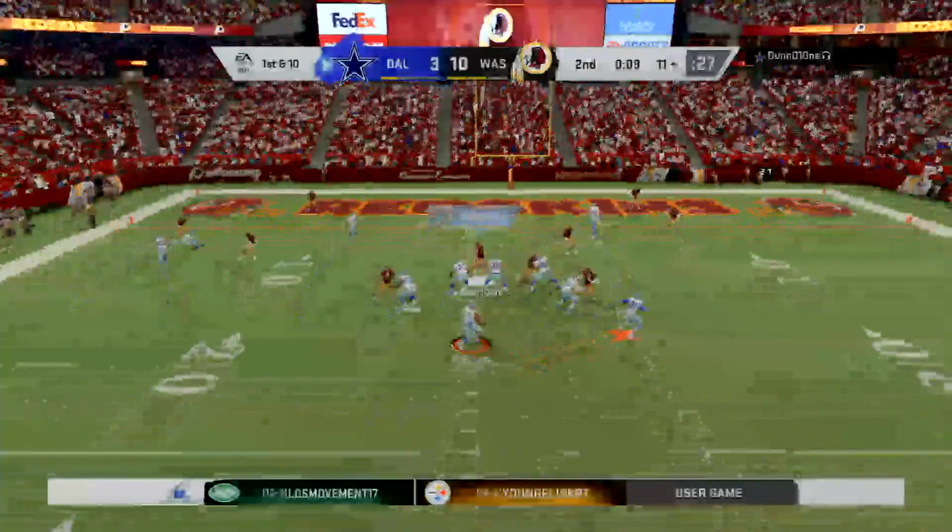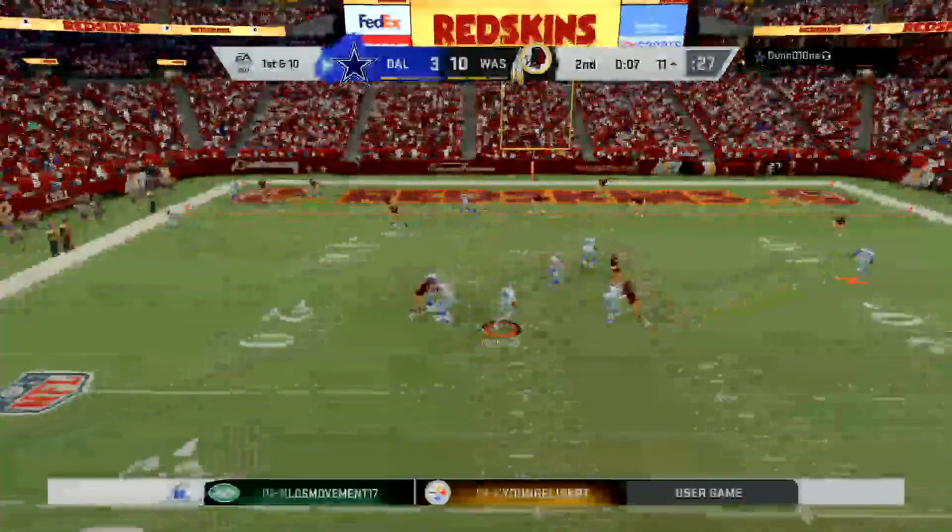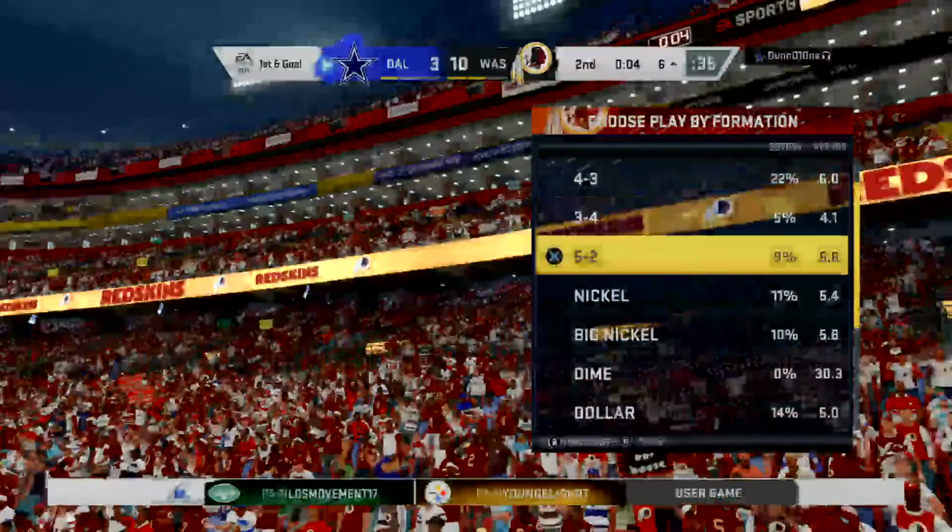Tenth carry now for Elliott. And down inside the 15, shy of the 10. It's a gain of 12, and the Cowboys pick up the first. On 1st and 10, Prescott. And I know that you're going to look at me and